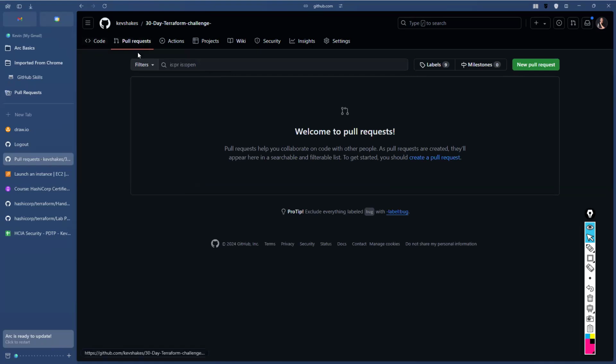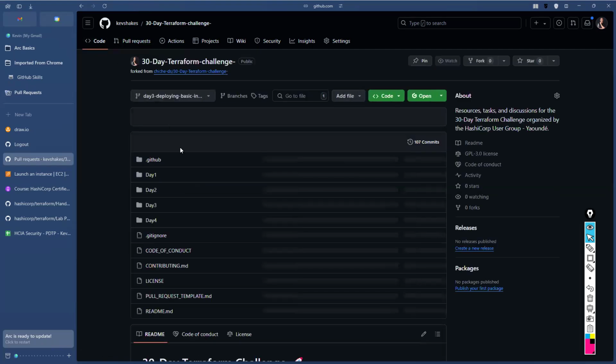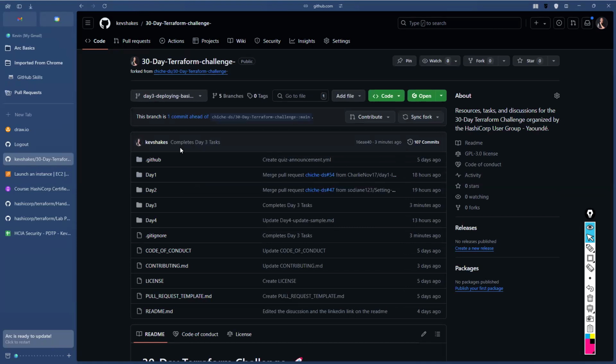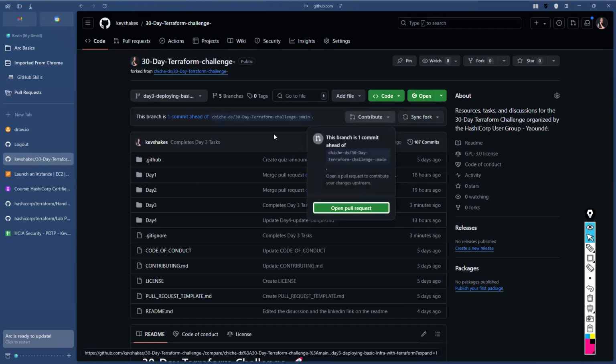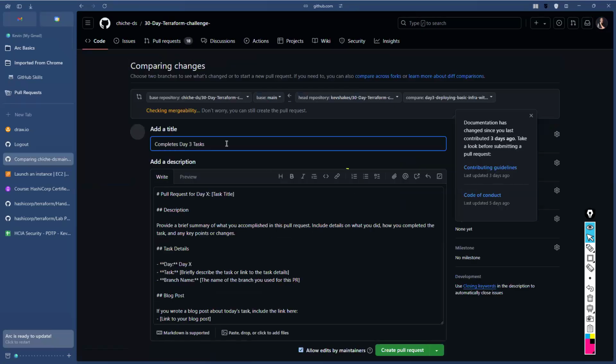okay, should I go? First of all, which branch am I on? So I'll confirm. Yeah, so you can see mine is one commit. I can just go to contribute and do open pull requests. And then